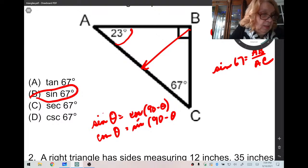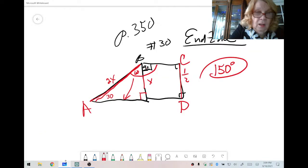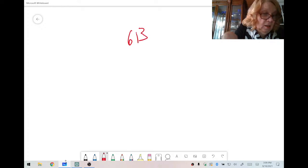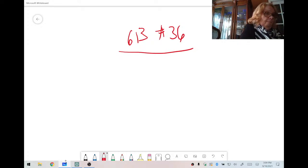So our first one I'd like to do is on, and I want to show you where this just gives you an edge, having this knowledge. 613, number 36. And this is worth mastering now. All we have to do after this is solve geometry. So on 613,